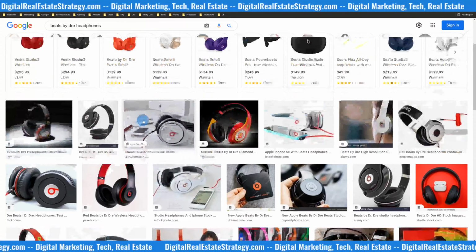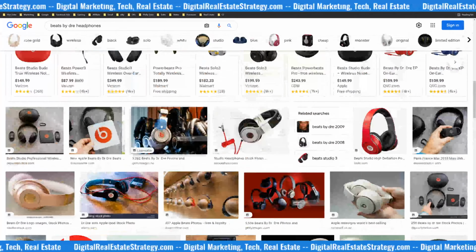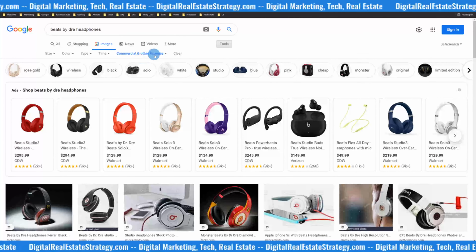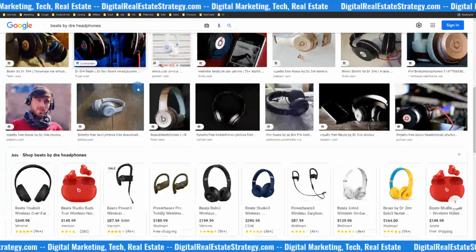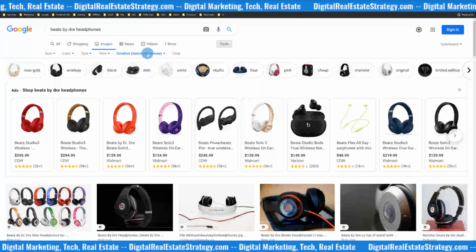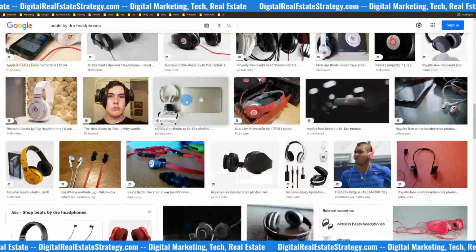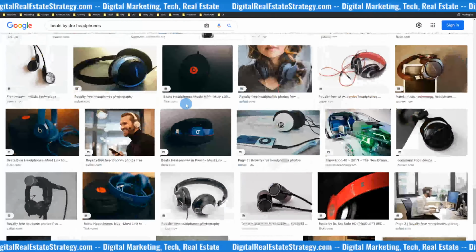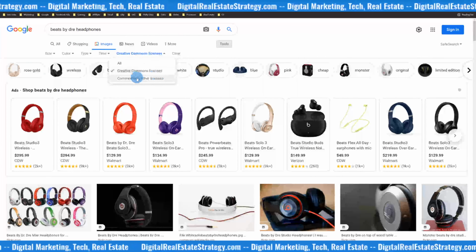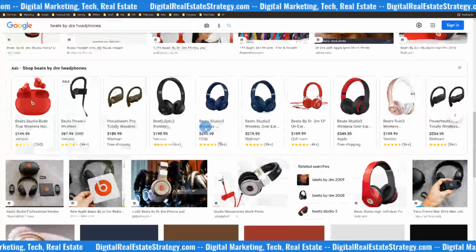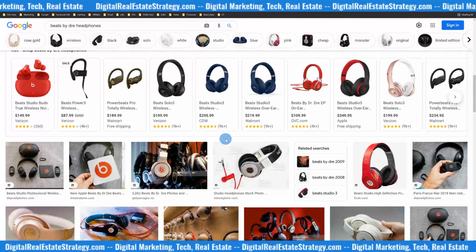And yeah, so you're kind of allowed to use this stuff, I believe. I don't know what the definitions are for each, but typically these images under commercial and other licensing are not as high quality as the Creative Commons stuff, because they kind of want you to pay when you get to the commercial and other licensing. So with Creative Commons, I don't know exactly what the licensing means, and you need to study the definition for each licensing availability. I believe you're allowed to use these at your leisure, but you can see they're not high quality. They have watermarks all over them, different things like that.